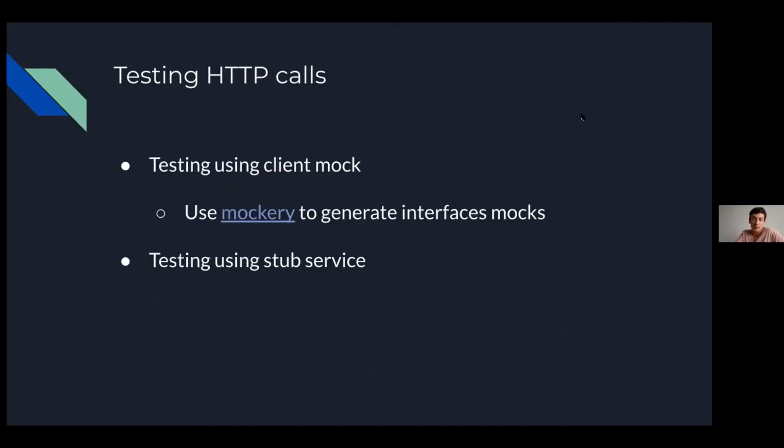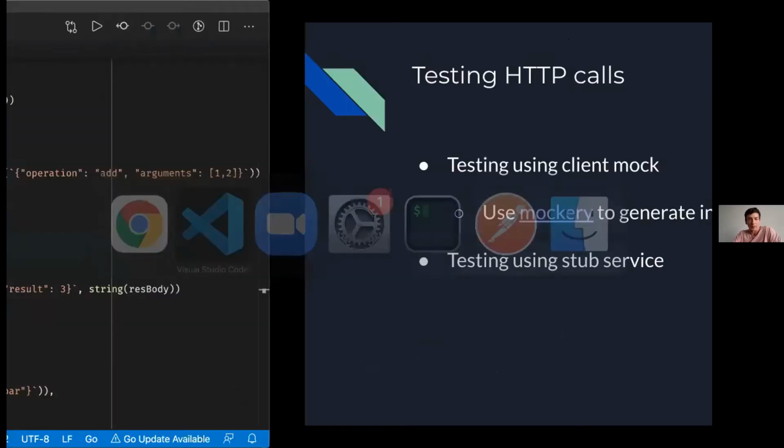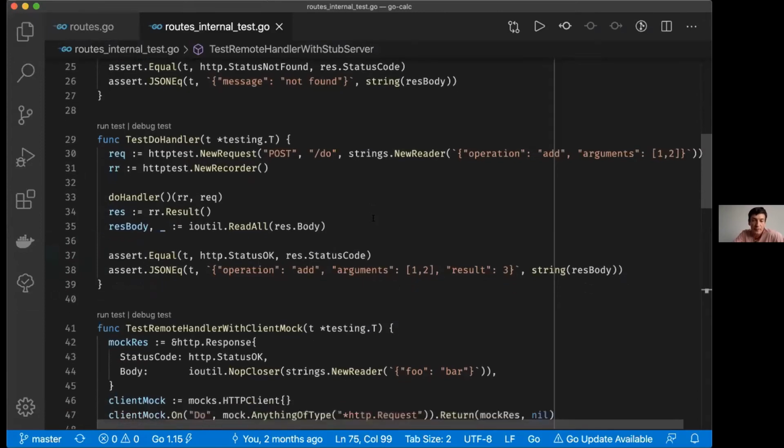For the generation of the mock, I use the mockery library. It allows us to automatically generate mocks of the interfaces either in your package or in any external package. And to create a stub of the service, I use the new server method from the HTTP test package. So here is how I